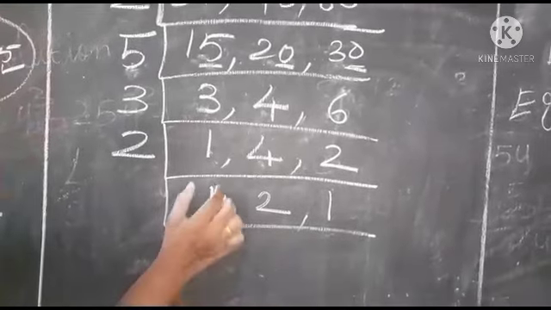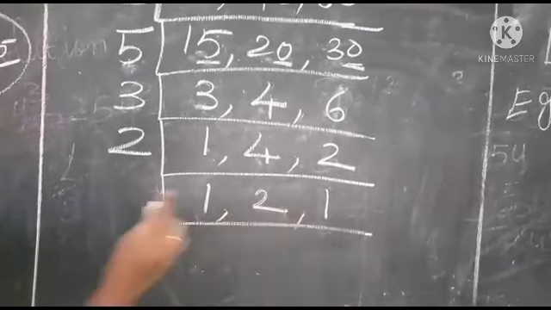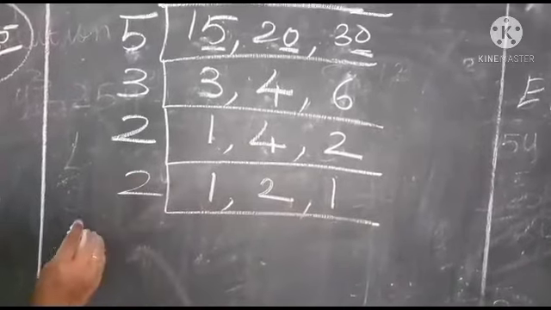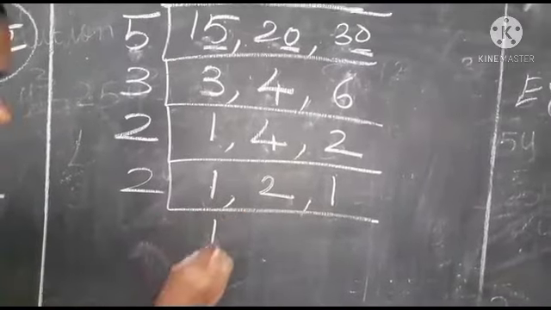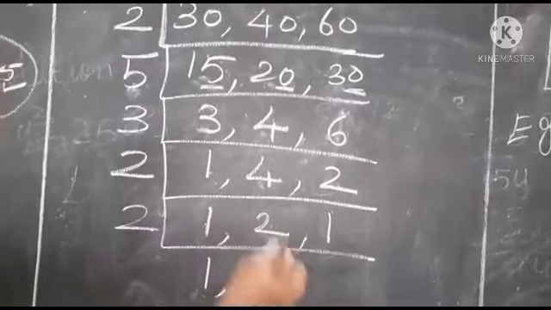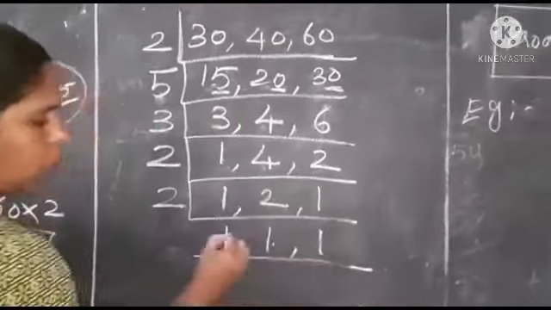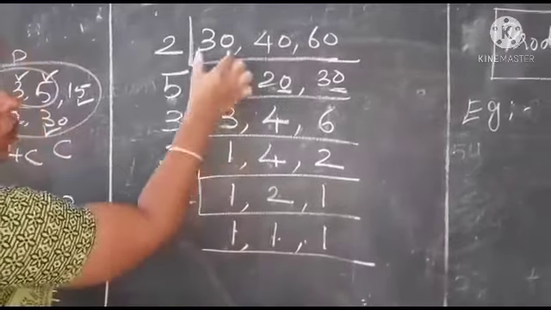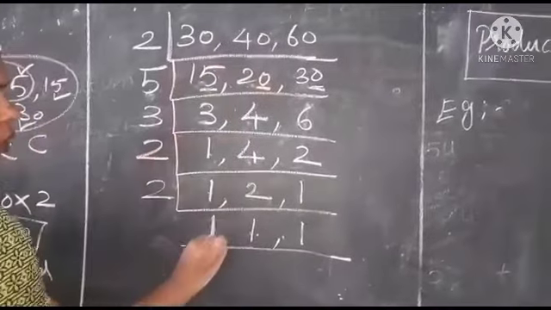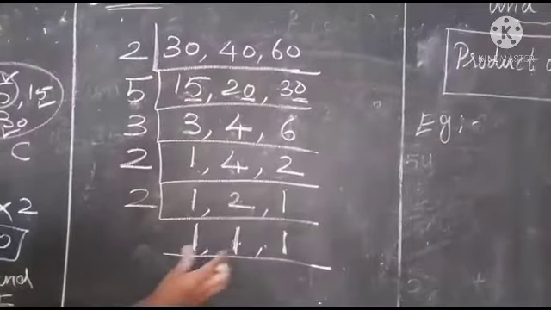And then here also 1, the third number also 1. The center number will be 2. So 2 is divided only by the factor 2. Write the first number as it is. How many 2s are in 2? 1. 1 2 is 2, and then the last number you have to write. You have to finish the process at 1, 1, 1. For all the numbers, the ending will be factor 1.